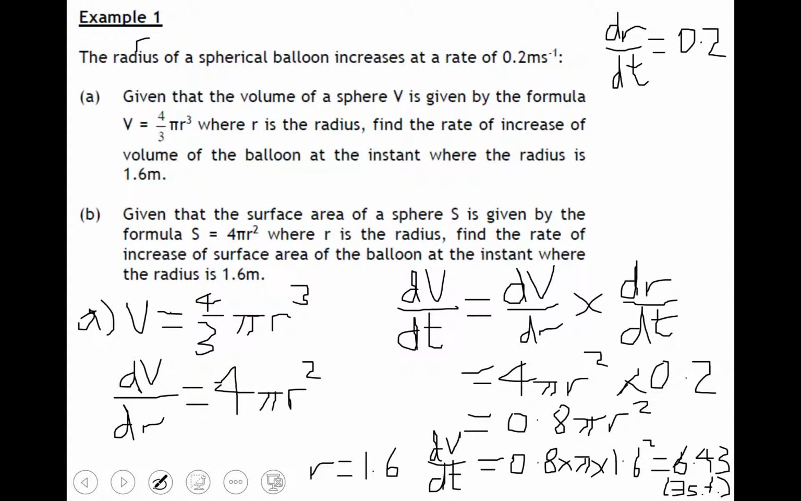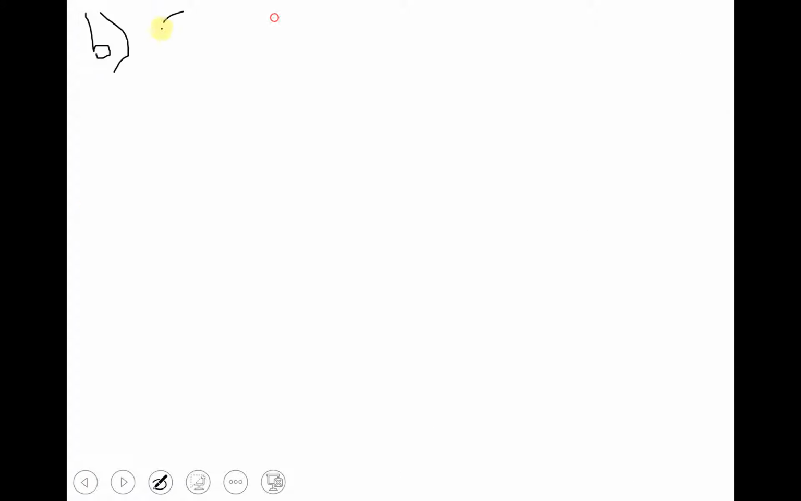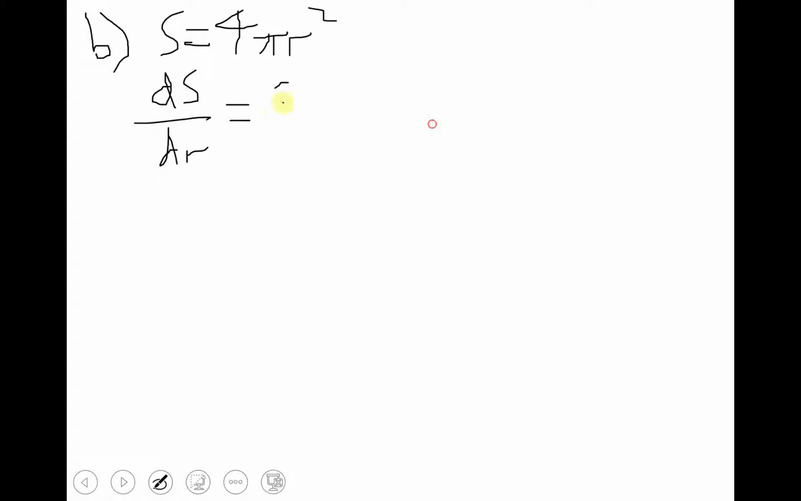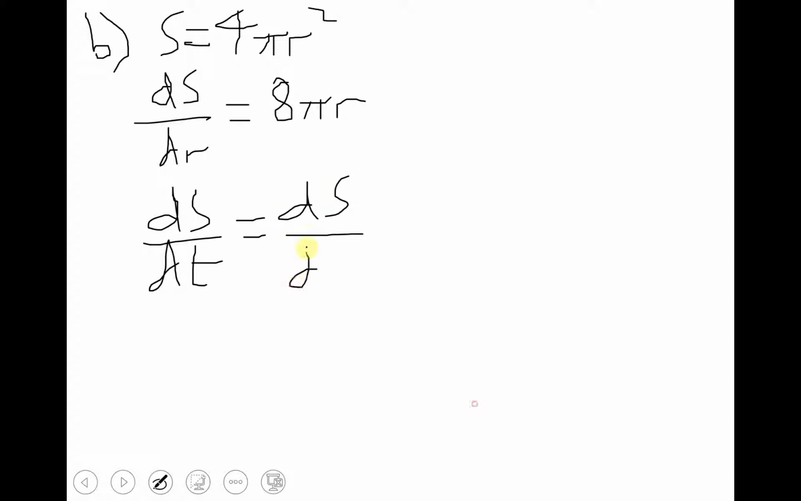Part B is the same sort of idea, but we're using surface area instead. So dr by dt is still 0.2. So we start with S equals 4 pi r squared. We find dS by dr, times by the power, we get 8, 1 off the power, 8 pi r. But we want dS by dt, which is dS by dr